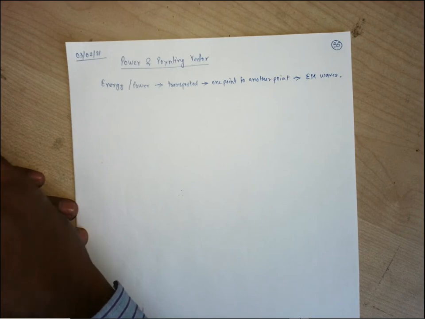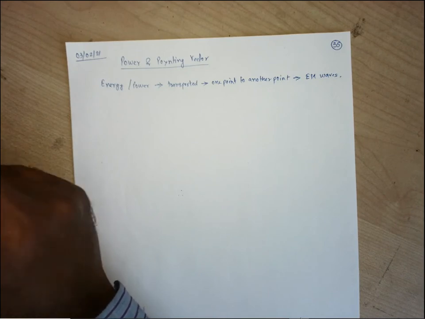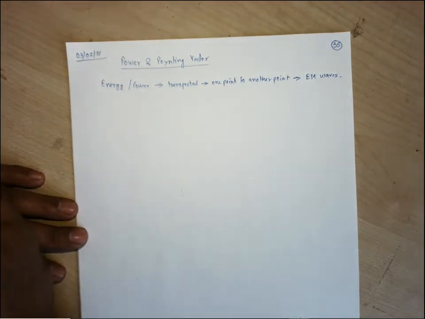In circuit theory, power is related to voltage and current. Same for EM waves: the power is related to the electric field and the magnetic field. So we can think of voltage as the electric field and current as the magnetic field intensity. Okay. So we need to make use of Maxwell's equations.